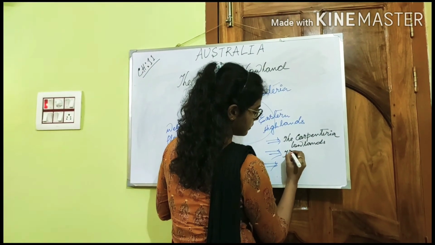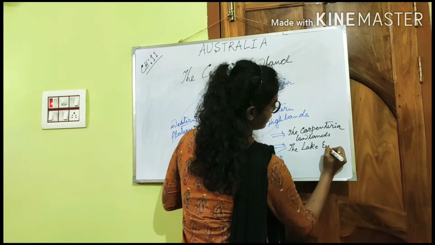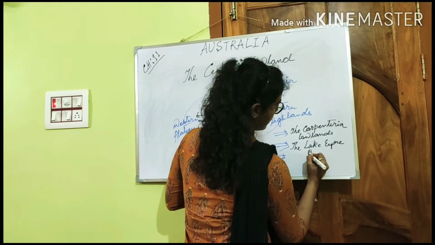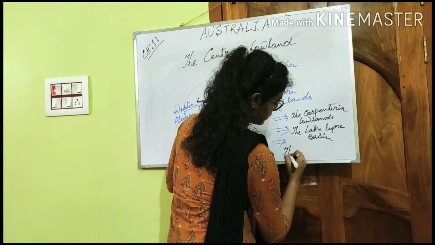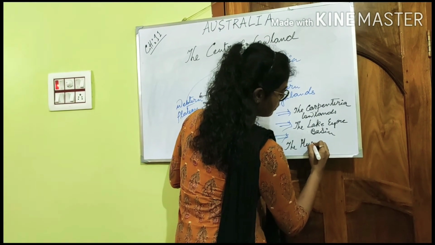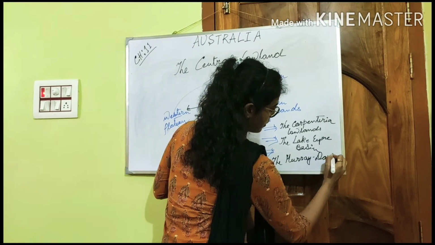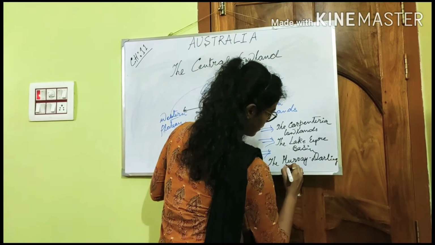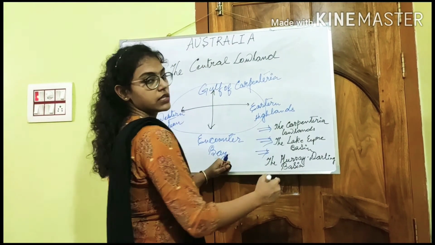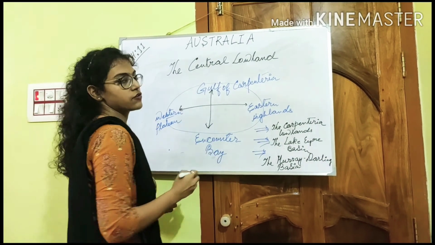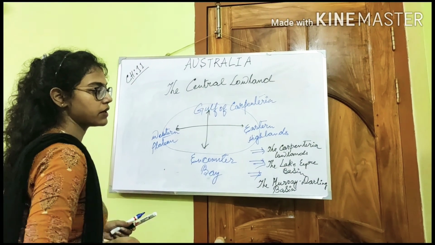Next is the Lake Eyre basin. And the last one is the Murray-Darling basin. Along with these three features, this central lowland is made up. And one other thing in the Carpentaria lowland is the